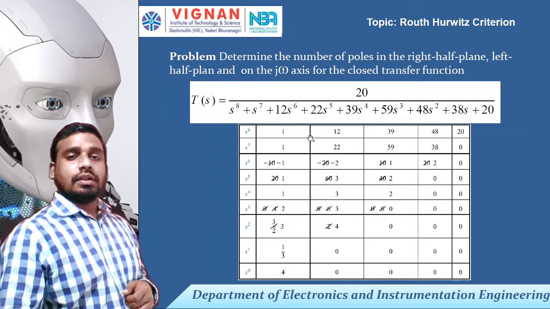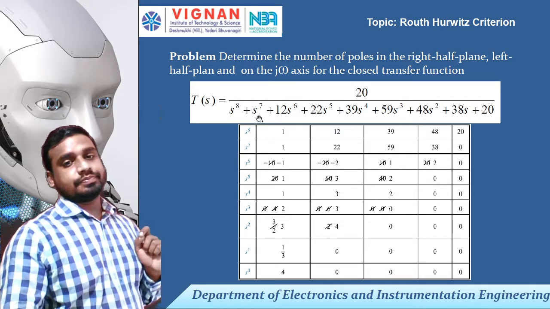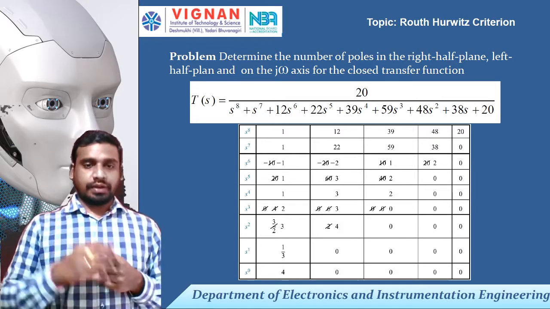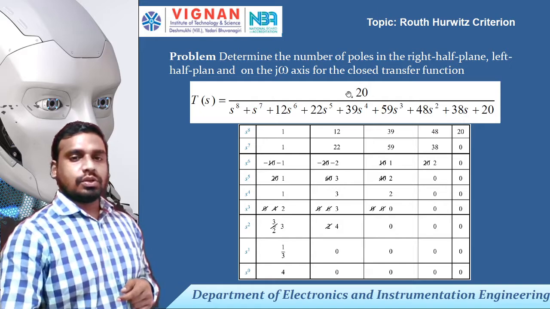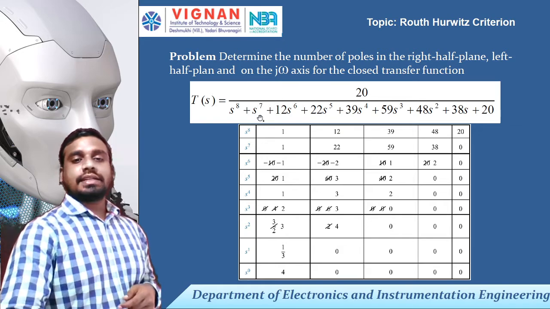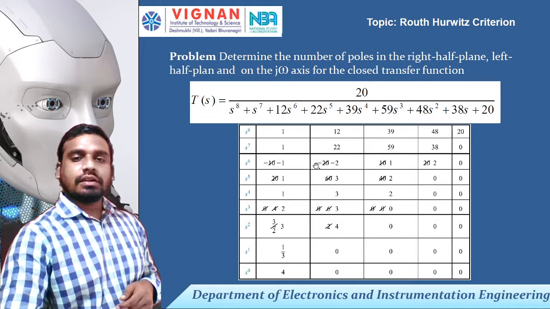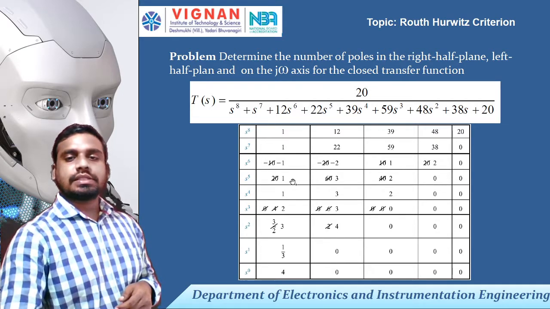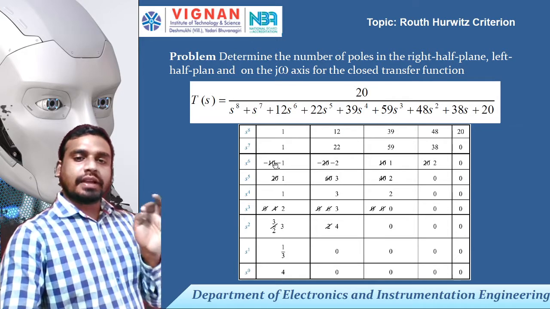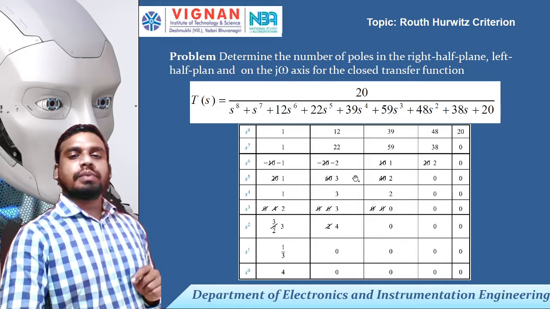So you can see here, in this example, the maximum factor is s power 8, right? So how many rows do we get? 9, n plus 1. So the first two rows we can get from the characteristic equation, right? So compute it and check. In s power 6, when calculating, we got a factor of 10. So we calculated and cancelled out all the 10s, and wrote it in terms of minus 1, minus 2.